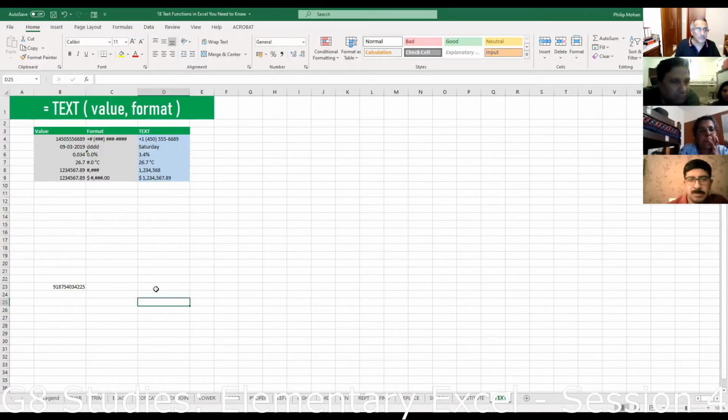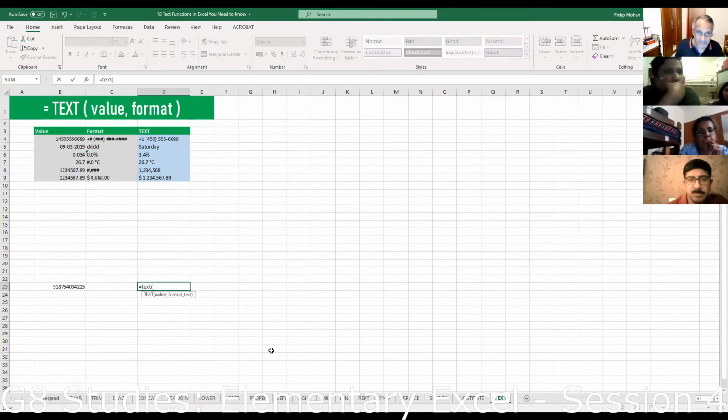Okay. Now it's a proper number. If I want to do a text function for this so that it comes like the Indian number format, which I don't know what the format is, but we can do it anyway. As of now, it's a number. I say text, this one, and then I have to give a format, and always the format is between quotes.